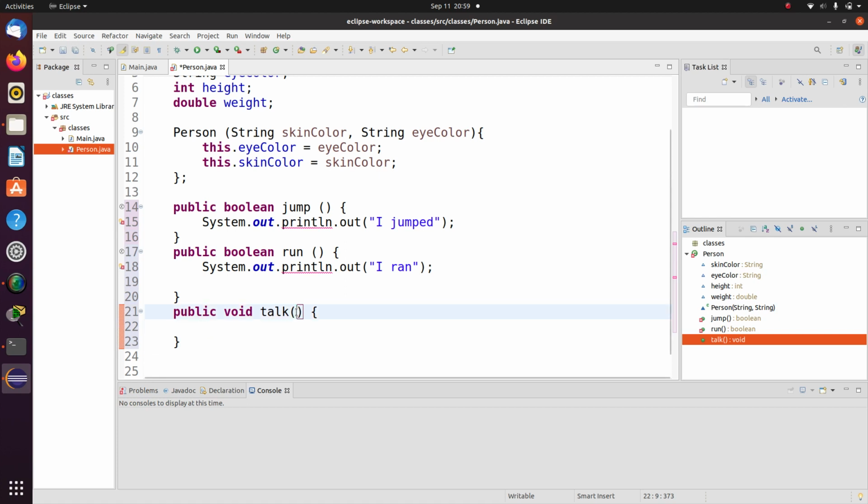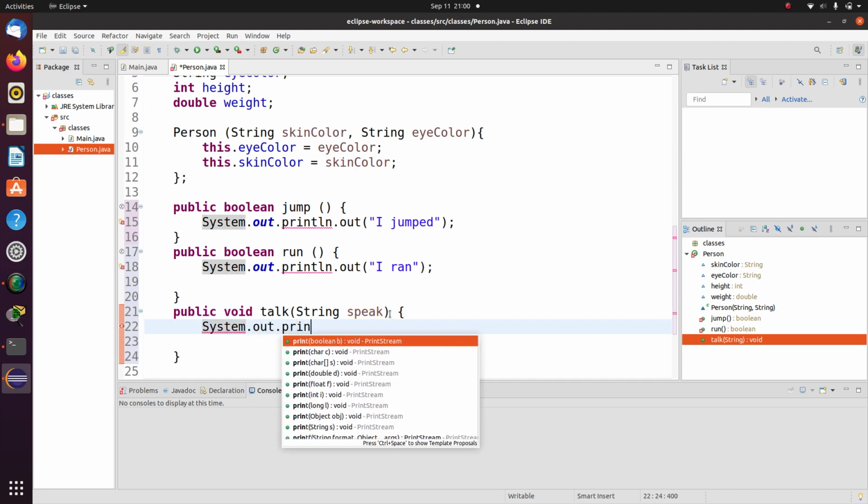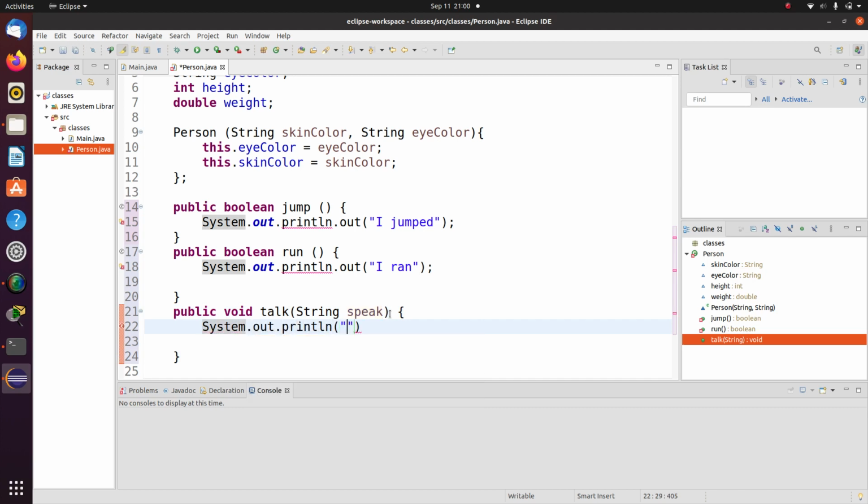I'm going to take in a parameter, so this function will ask you what you want to say. This is going to be a string called speak. You're going to print out whatever the person wants to print out. So System.out.println, and then